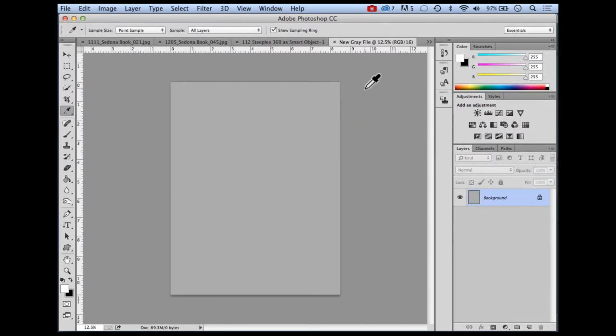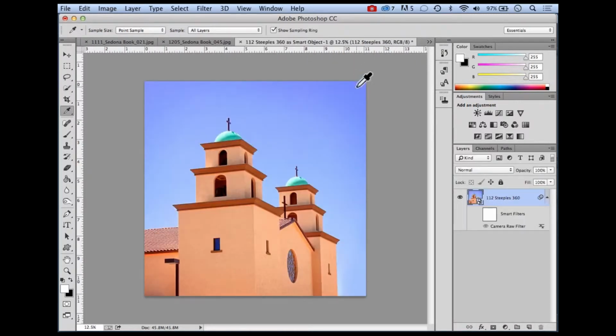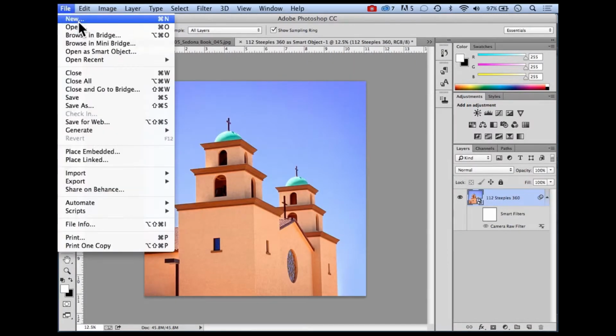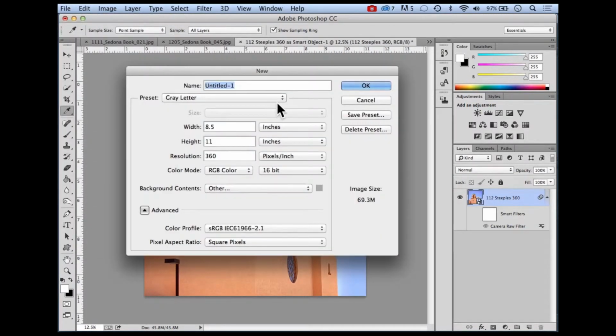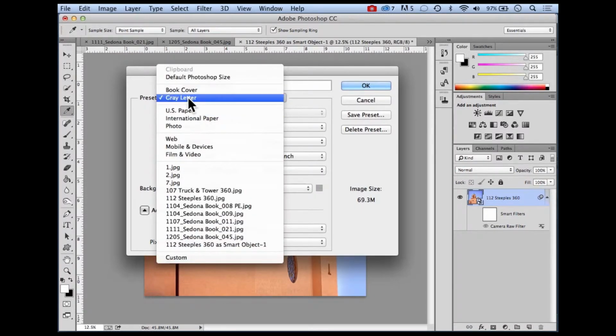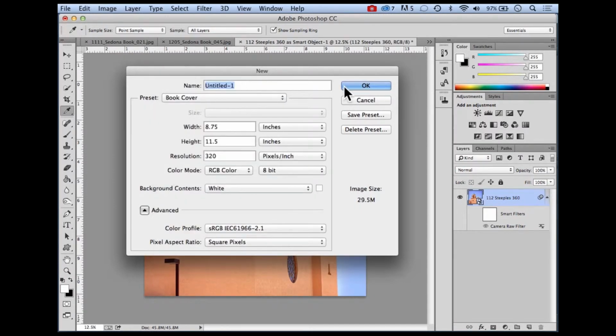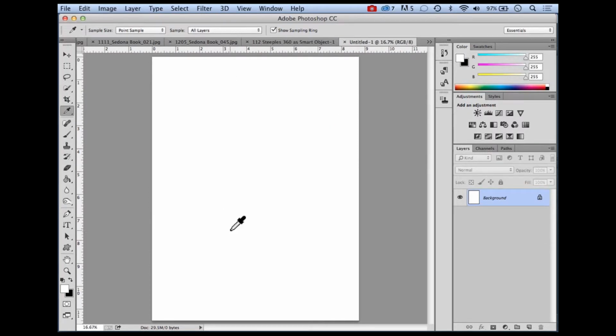click OK, you can see it opens up an 8.5 by 11 sheet of gray paper, and the name of the file appears up here. So that can be the starting point for any number of things that I might do with it. I'm going to close that out and just show you I could have also, again, picked my book cover, in which case it's a white sheet and it's a little larger than 8.5 by